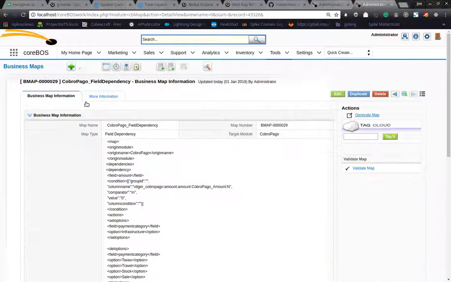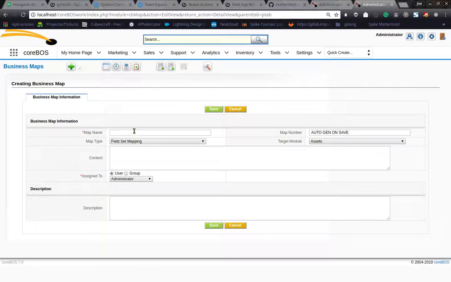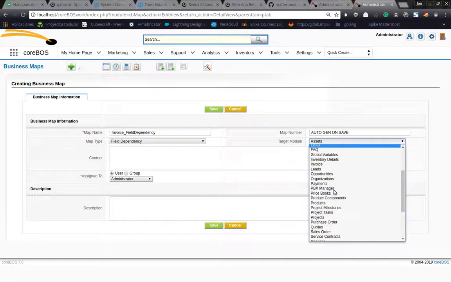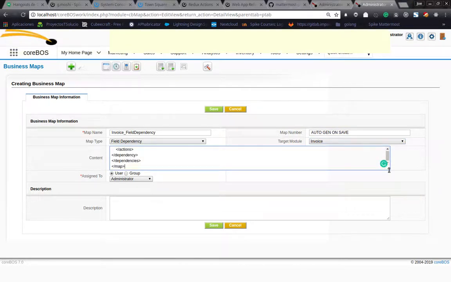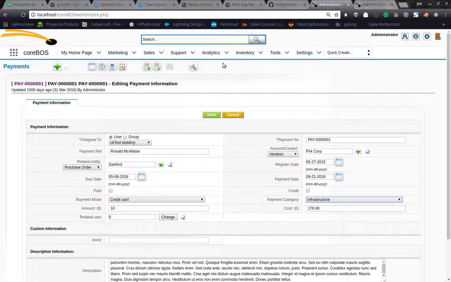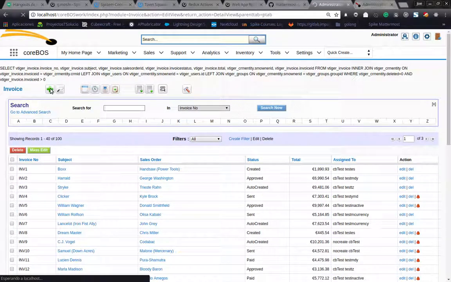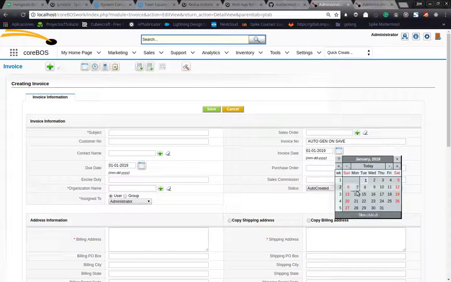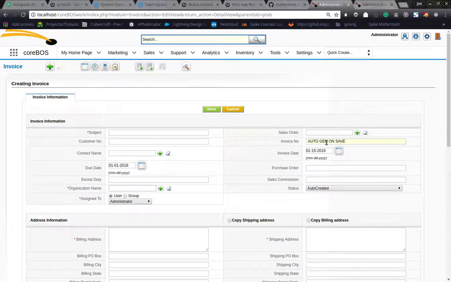Let's go back over here and create a new business map. This one is on invoice, a field dependency map on invoice, and the map is the one we just copied from over there. If we now go to the invoice and we create a new one or edit one, it should work also. Invoice date is the first day of January, and due date is the first day of January. If I change this to the 15th and we move out,